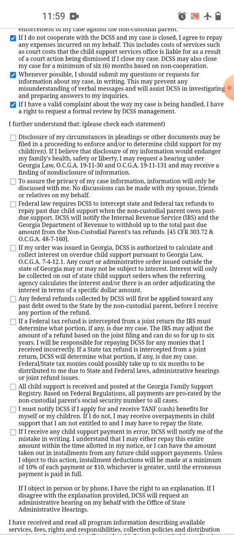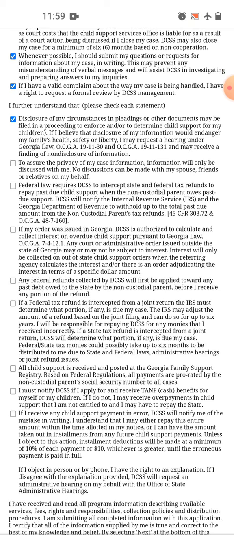They don't want to put their address on there because they don't want the non-custodial parent to know where they live, or something like that. They feel they're in danger, whatever. A lot of times there are false accusations being made at the same time. I've never found out where my son's mom lived through the courts at all, ever. It's always been through a private investigator or a third party. I can find out because the city is too small for me to not find out. Anyway, to assure the privacy of my case,